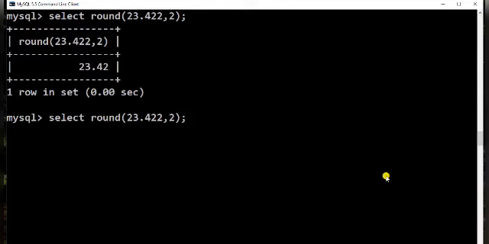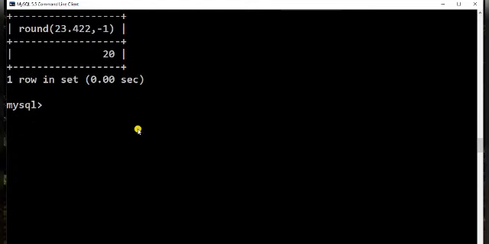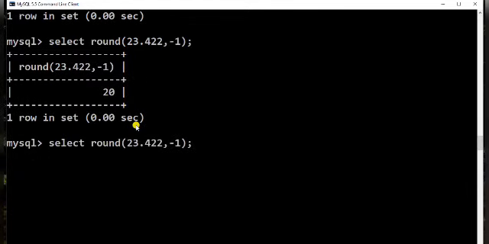Now let us see in the round function what happens if the second parameter, that is the precision, is negative. In place of 2 I have -1 here. In case of -1, you will look at the ones place. It is 23, and 3 is less than 5, so it will remain 20. It will not increase the number at the tens place if the number at the one's place is less than 5. Let us change this value a bit.